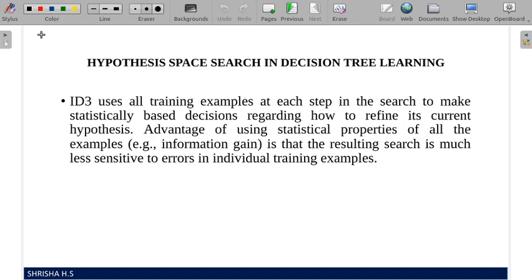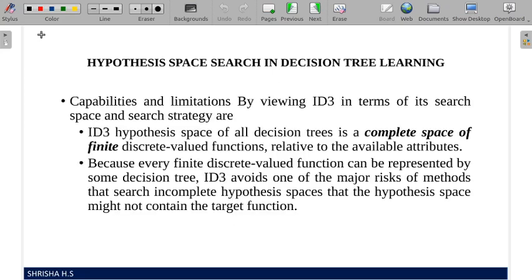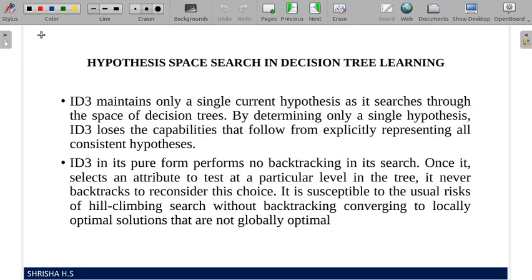And one more good thing, an advantage of ID3, is that it considers the entire data set while refining or constructing the decision tree. So even if some erroneous information is there, it is suppressed; it is resistant to those kinds of faults. So how many? One, two, three. We have three advantages and two disadvantages.